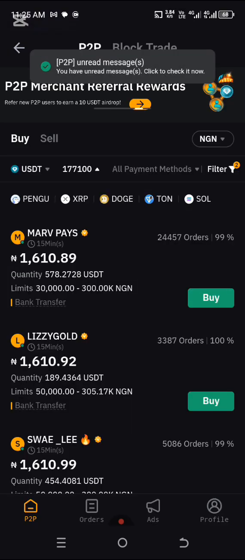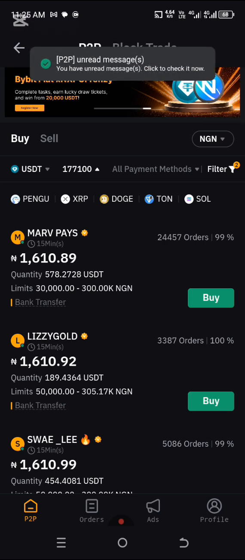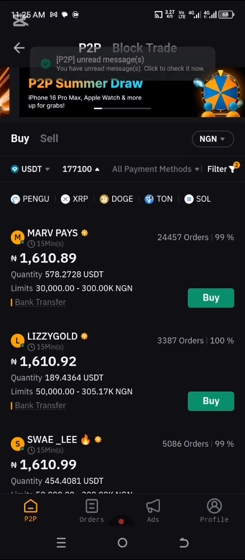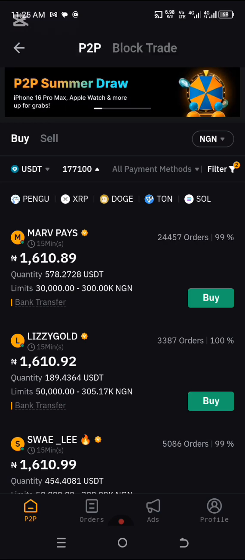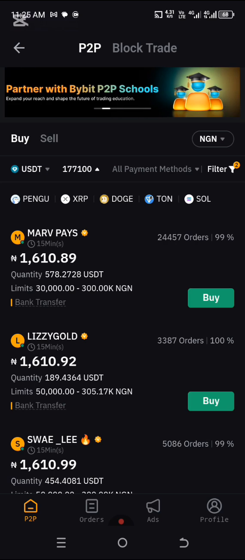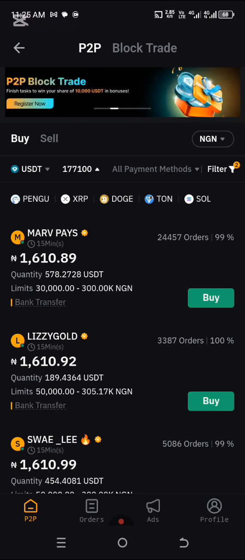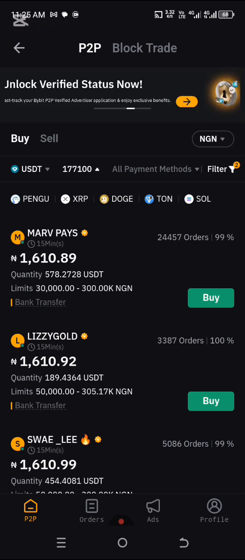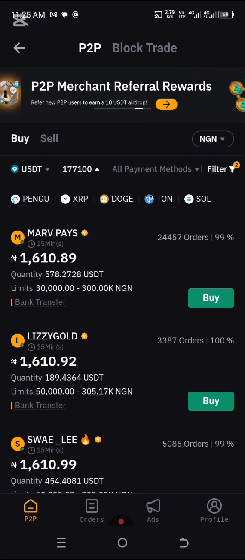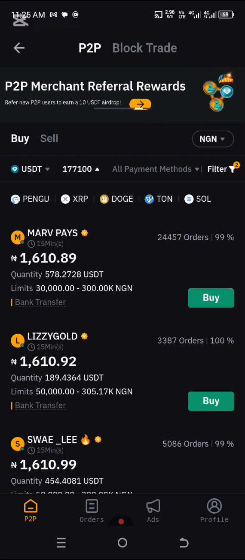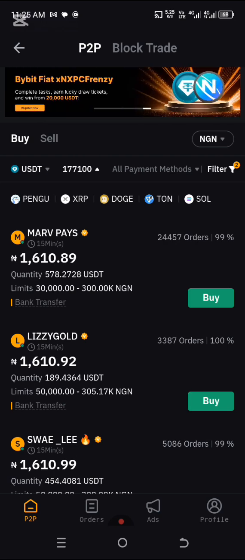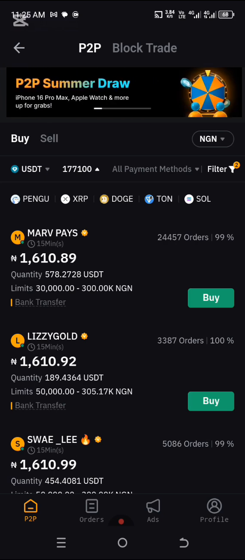Now let me quickly show you something. The money has been credited into my account, as you can see from the notification up there. Before we go further, if you have already made payment and come back to your Bybit app, and you discover that the button for you to click that you have made payment is no longer there, all you have to do is